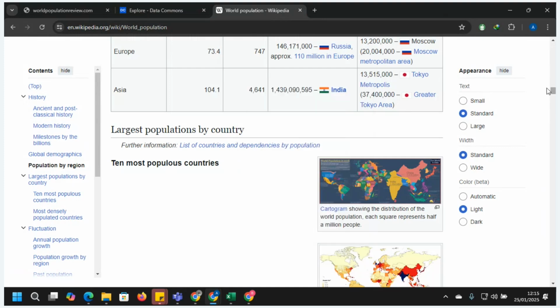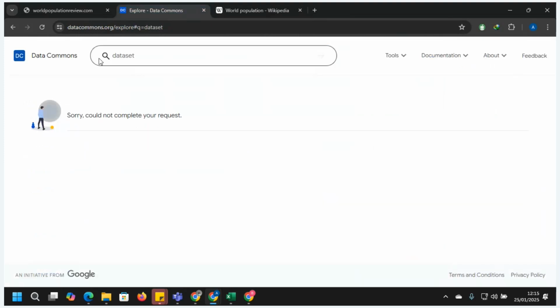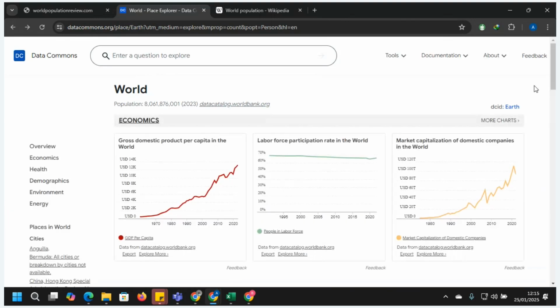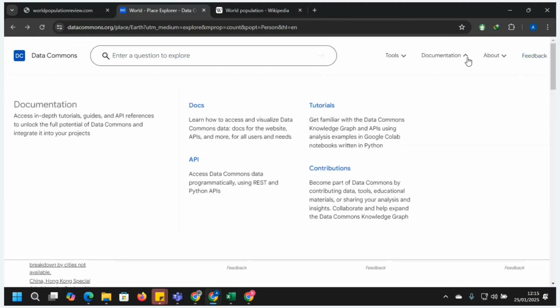How do we get this link? We'll get it. Let's go back. There's some documentation, tutorial, contribution.